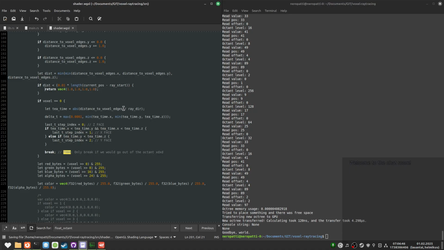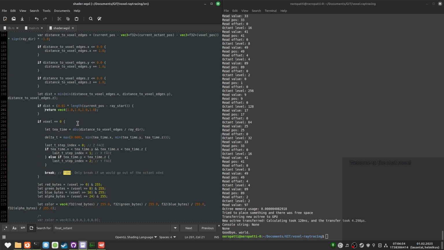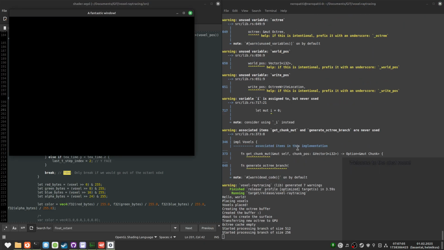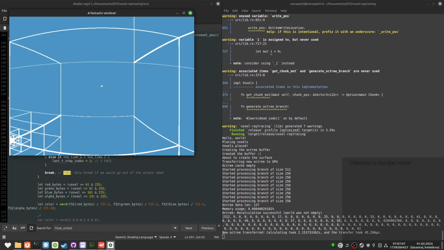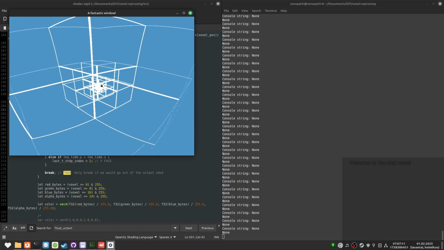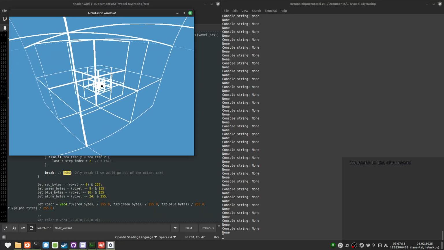What I do kind of want to do is return a different color based on the current octant level. And at least for the voxel level, I can very easily do a different color because it's in a different place. For the others, I'll have to do some math. Let's go. Look at the voxels.